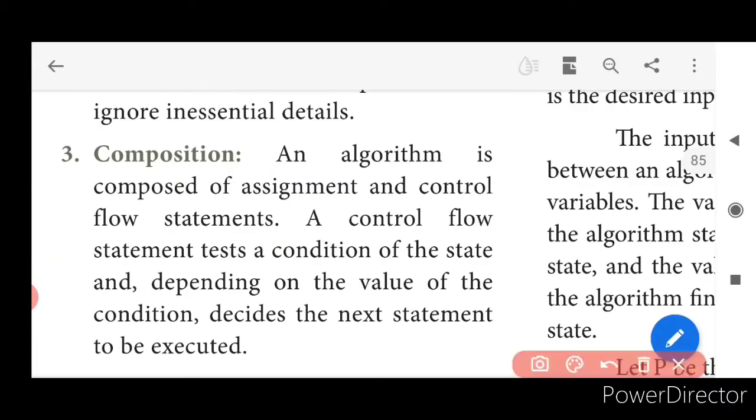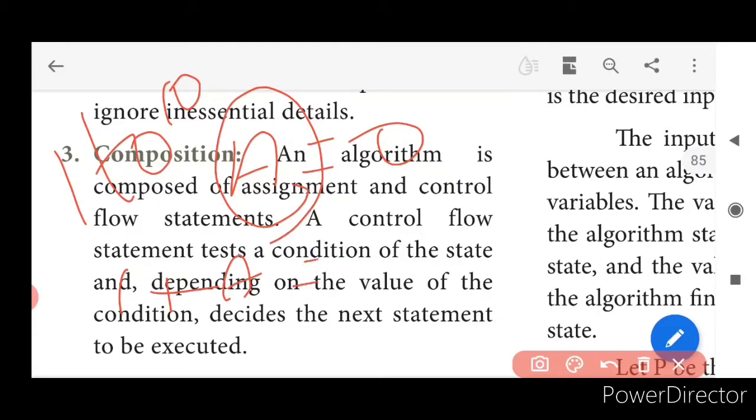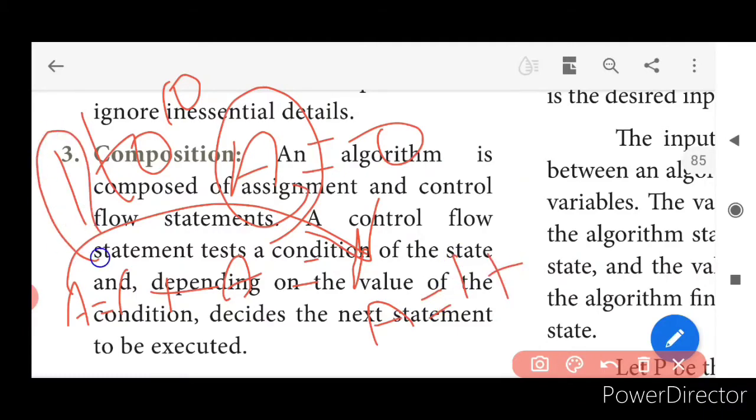Let me write it such that you will understand. The value a is equal to 0 and I have to add to this value a the numbers from 1 to 10. How? 1 plus a, which is actually 1, right? Let us write it like this: a is equal to a plus 1. So what is the value of a now? It is 1. Initially the value of a was 0. Now what will I do? I'll be adding: a is equal to 1 plus, what is the next number after 1? It is going to be 2. So it is equal to 3. What is the value of a now? It is 3. The sequence will go on and on like this.